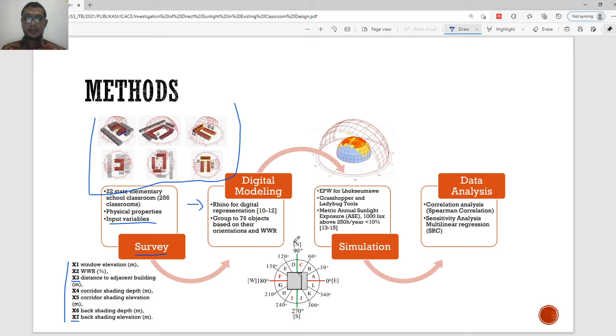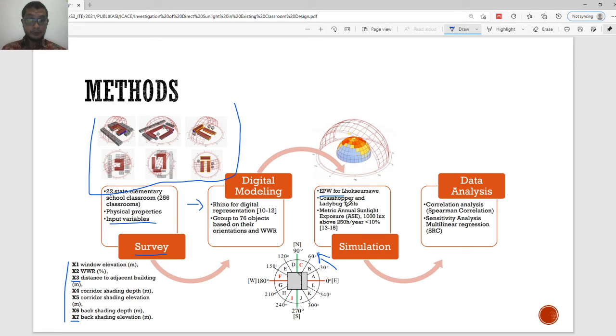And as you can see here, these are the orientation rules that we use here. They use counterclockwise, and then we look at the group orientation that has 10 objects to be further analyzed in the data analysis. And then for the simulation, we use the EnergyPlus weather file for Lhokseumawe inside the Grasshopper